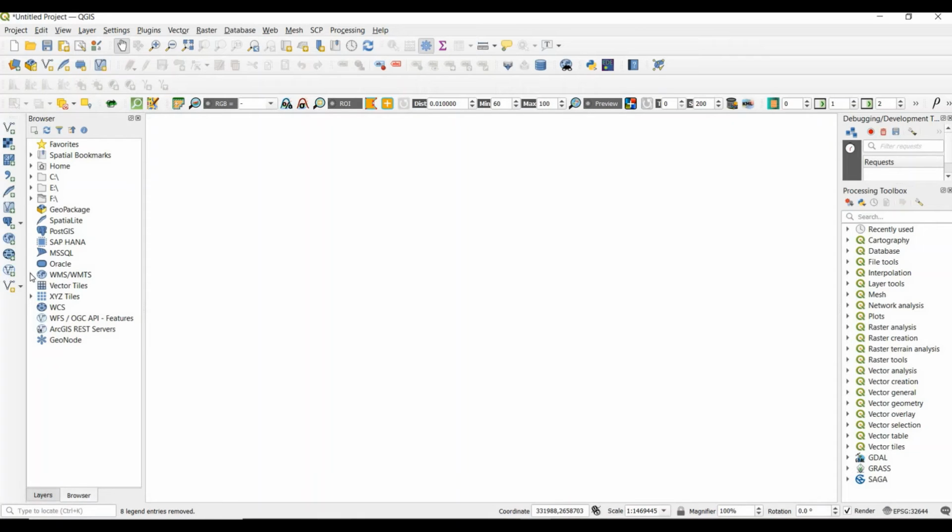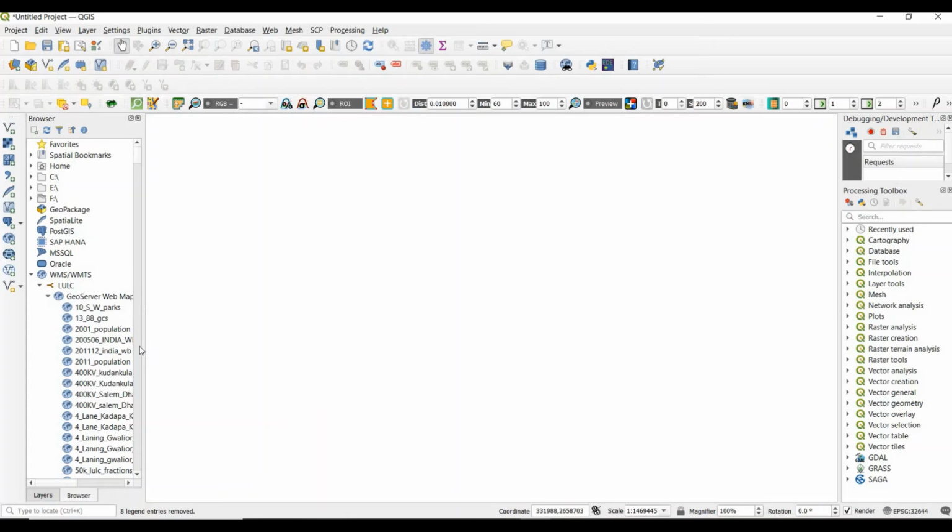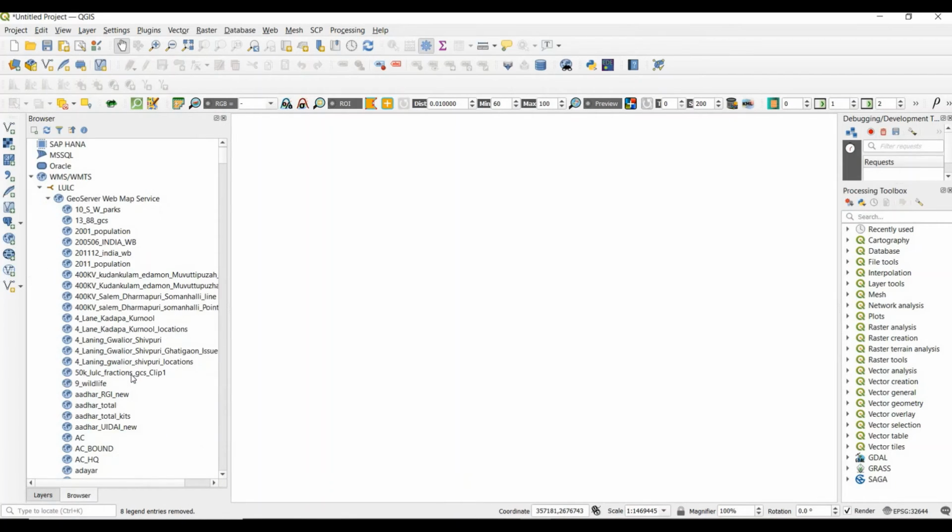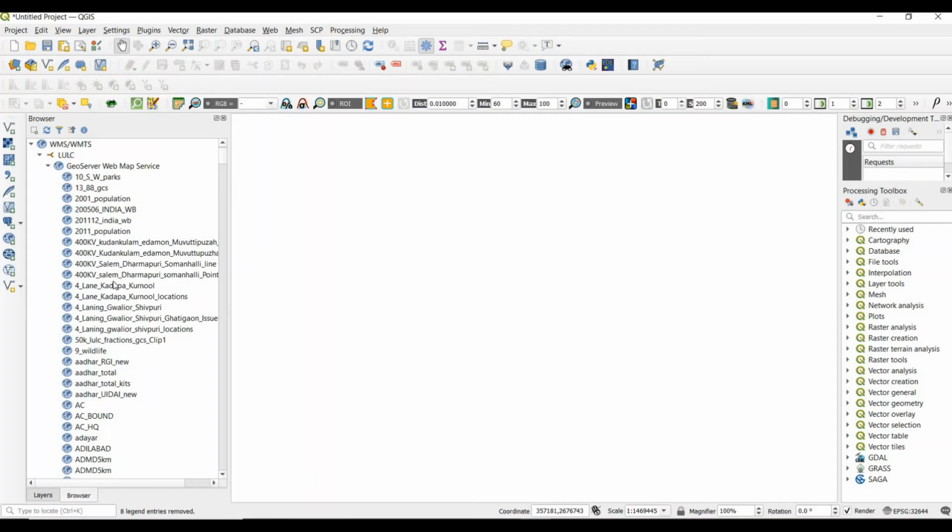WMTS. Open this option. Here we see LULC and GeoServer Web. By opening this, we see there are so many options of layers.